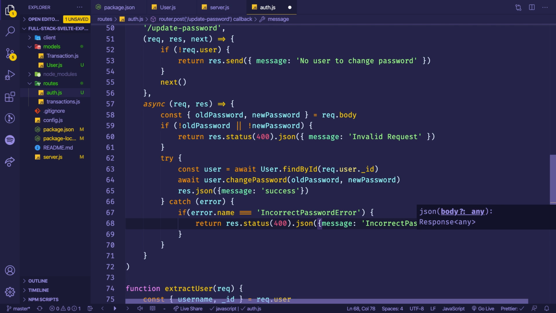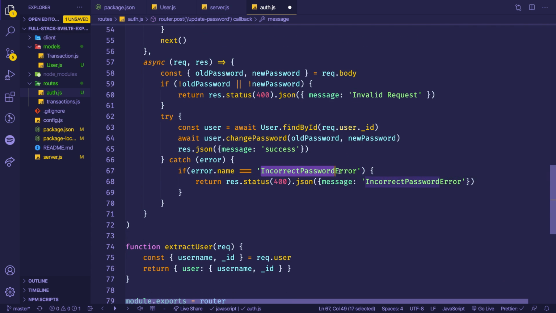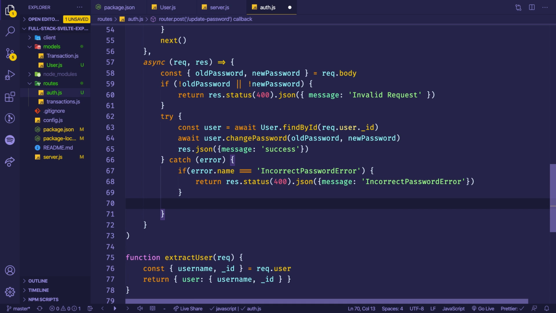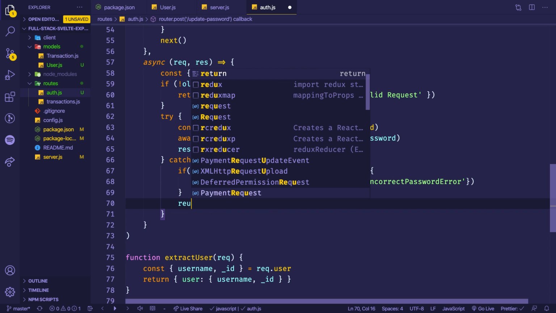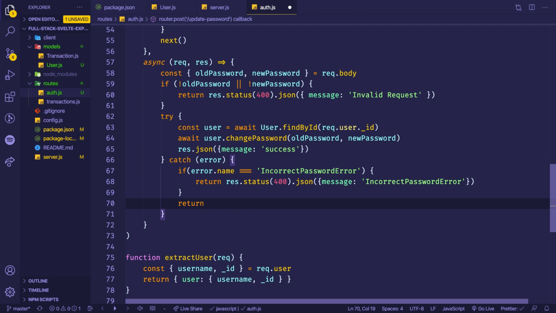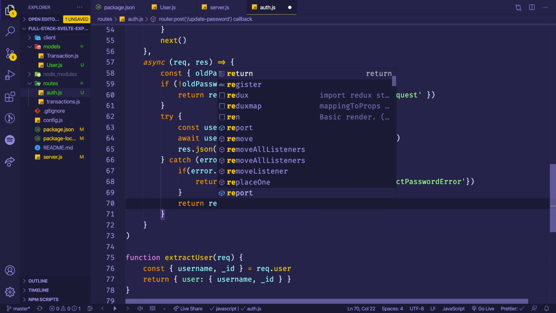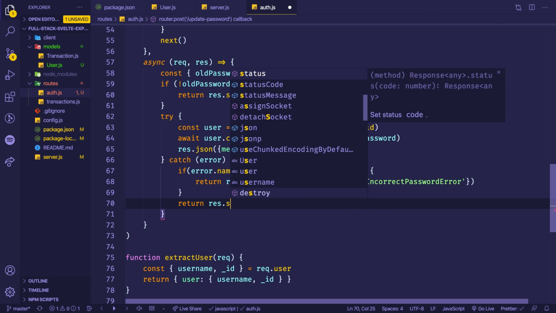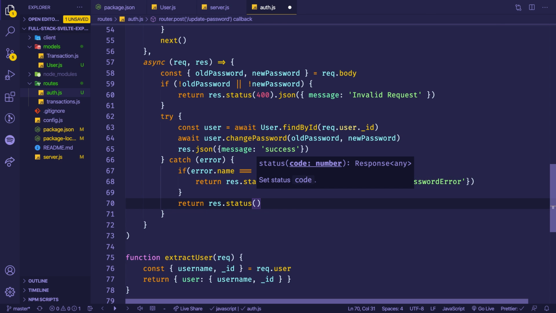The reason is going to be the same message that we have here, and this is only if that was the case. And we can also have different errors,